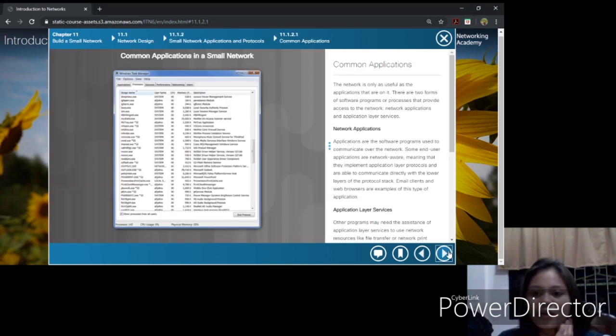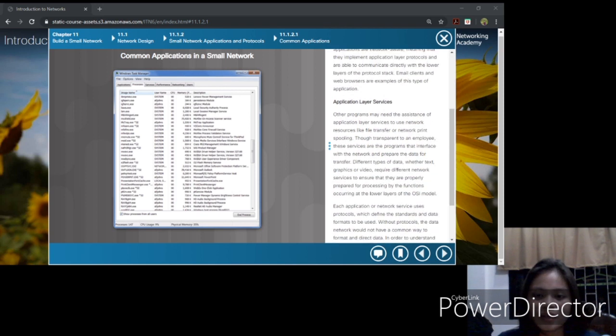Next, the common application. There are two forms of software programs that provide access to the network: the network application and the network layer services. The network application is the program used to communicate over the network. End user applications are network-aware, meaning they are able to communicate directly with the lower layers of the protocol stack. Next are the application layer services used to access network resources, like transport or network print spooling,